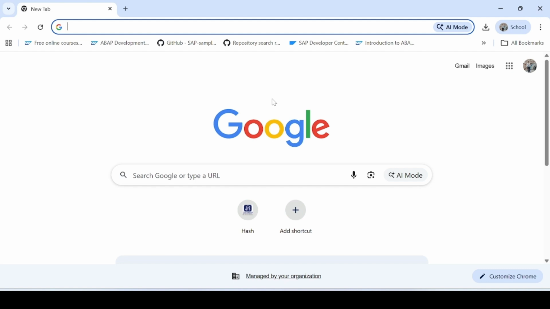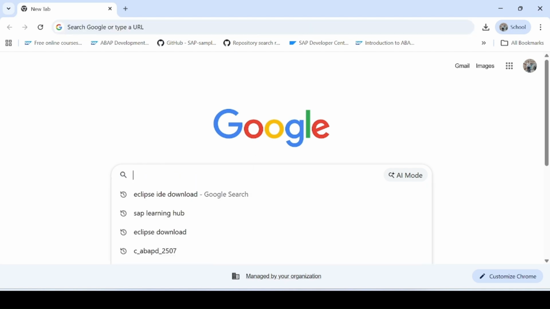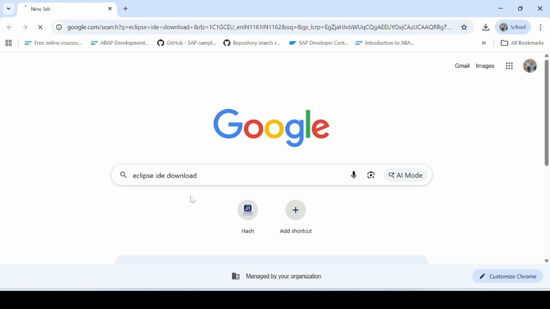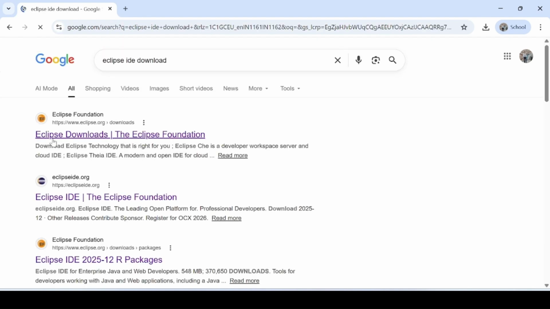So first we have to open any browser, and here you have to search for Eclipse IDE download, and this is the first link you will be redirected to. Eclipse download, the Eclipse Foundation. This is the first link, and the same link will also be attached in our description. You click on it